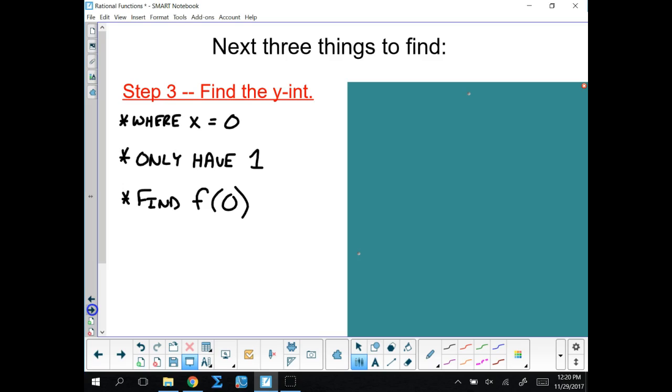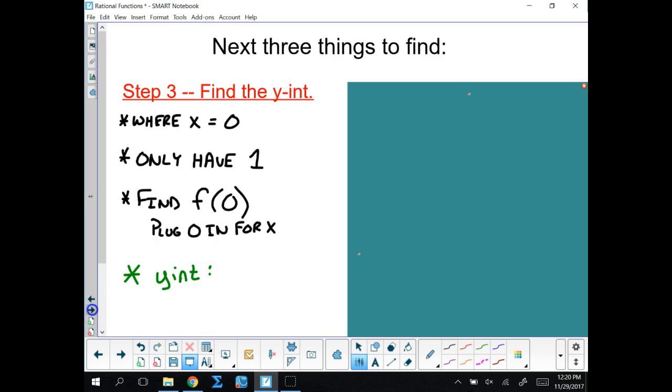So you're going to plug 0 in for x. So I believe I go with green for y-intercept. So my y-intercept,